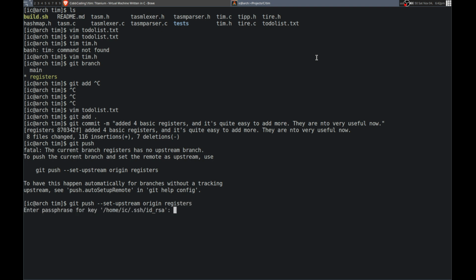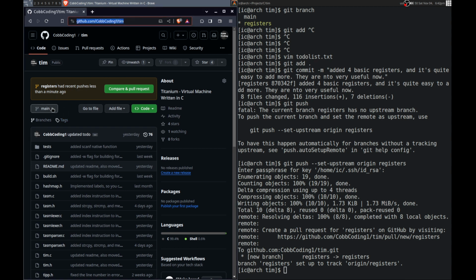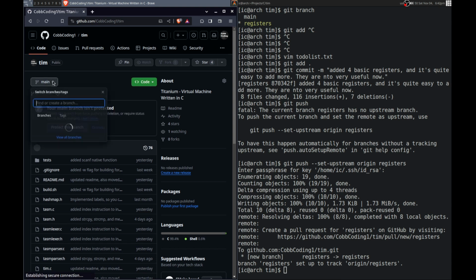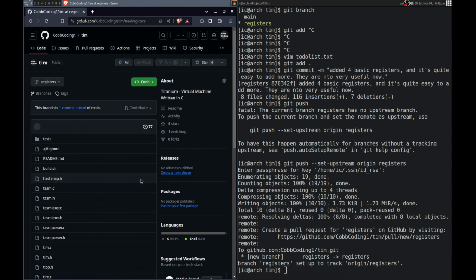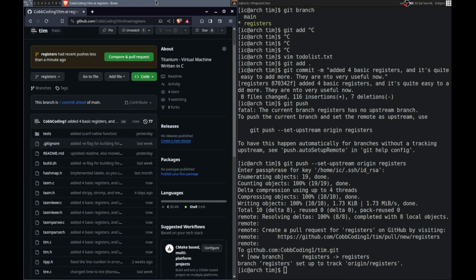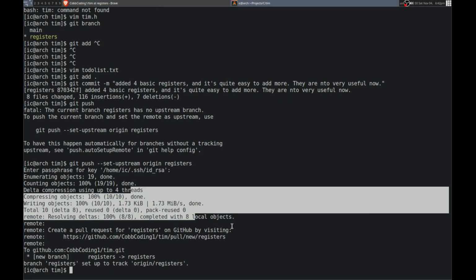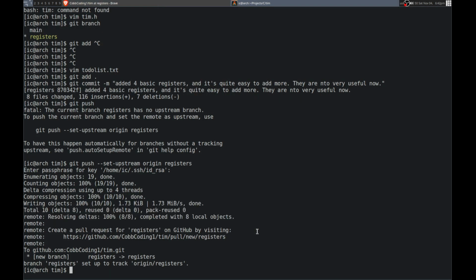Okay, there we go. And let me make sure it works. So I'm not gonna open a pull request now, because let me refresh and then I will check out the registers branch and make sure, well, I guess I know it worked, so that's perfect. Yeah, and I'll merge this once they're all implemented, because I might just completely give up on this,